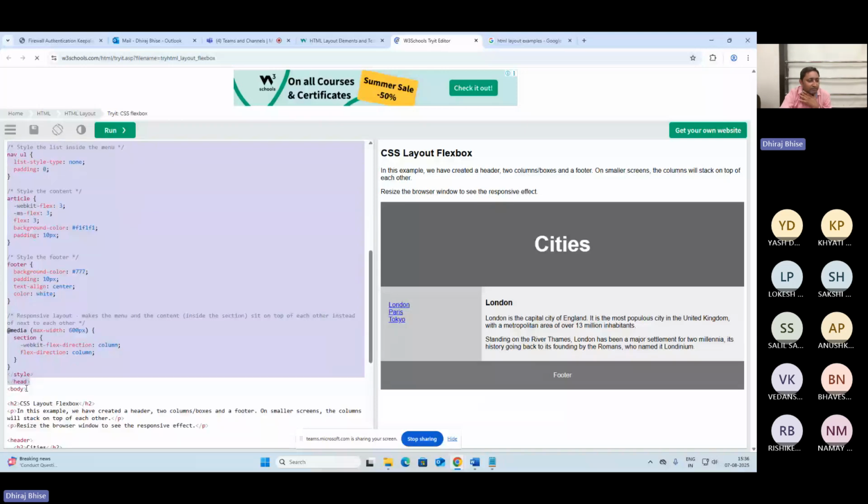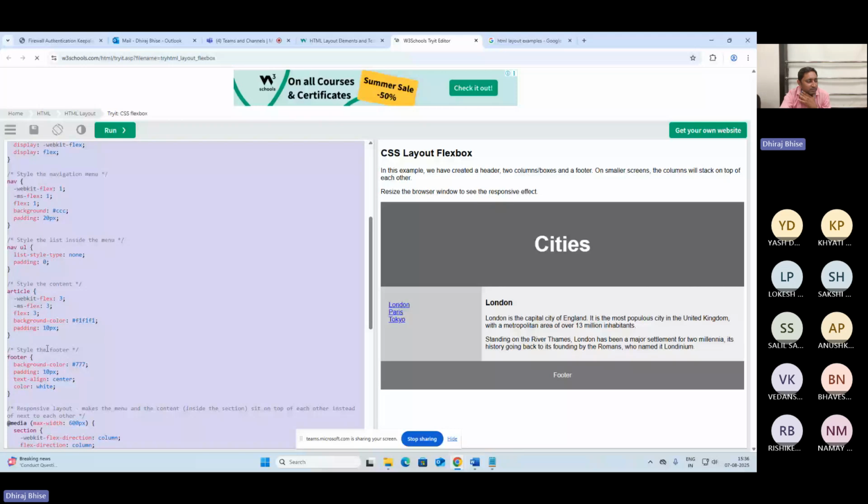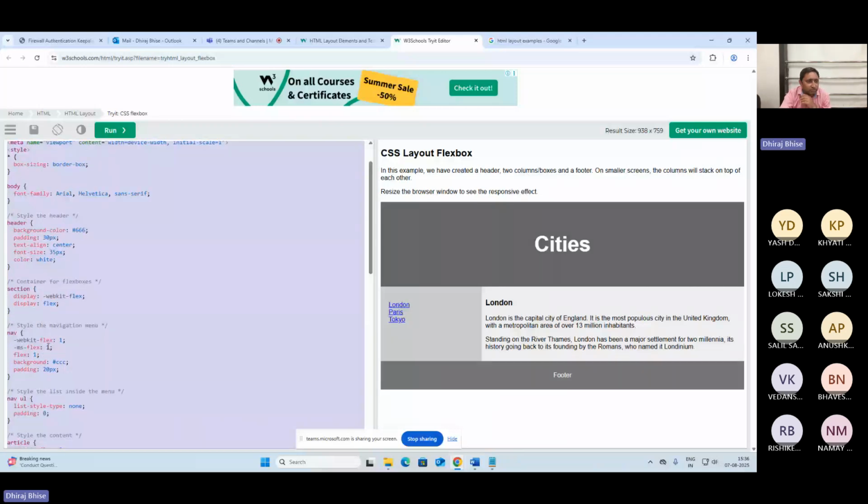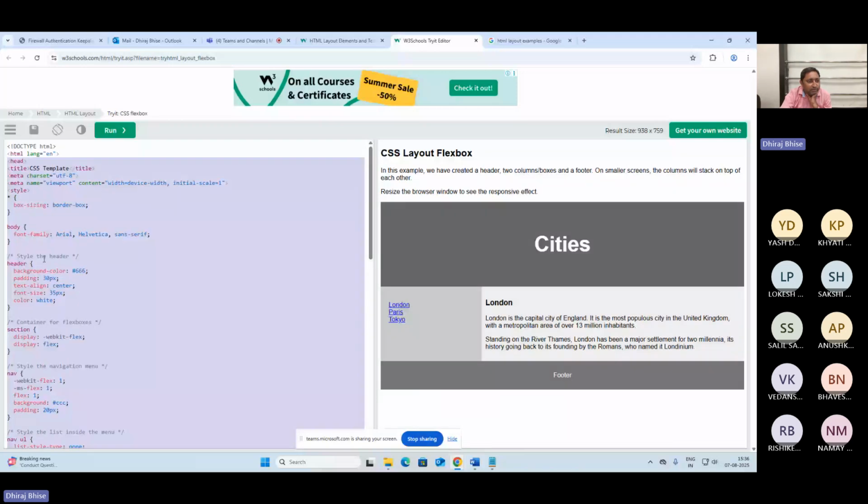Within this head section we have this style tag. So which type of CSS is it? Is it internal CSS? Very good, it is internal CSS. Then what we have done here,